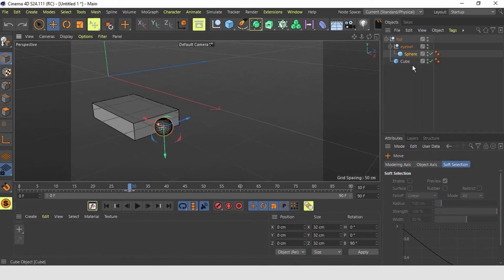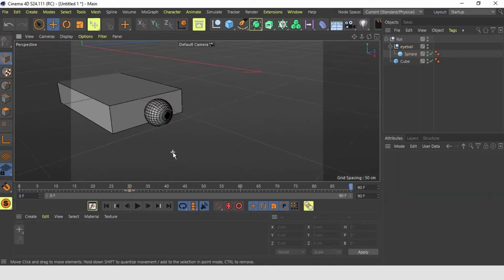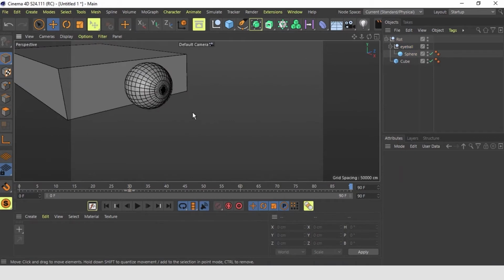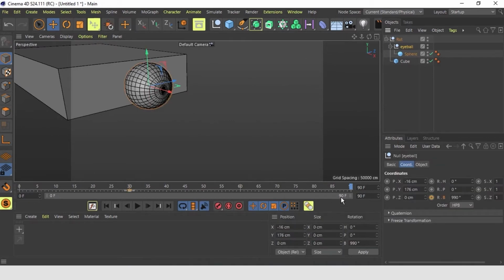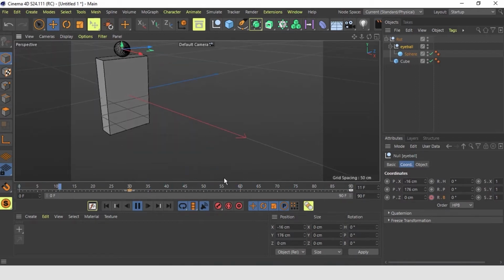So let's go here on 30. We set the keyframe and we go to 90 and we want it to spin 360 by 2. So 2 full spins plus 270, which is a 3/4 spin. And it's facing exactly to the front again. And we set the keyframe. So now that we have this, we have the rotation.